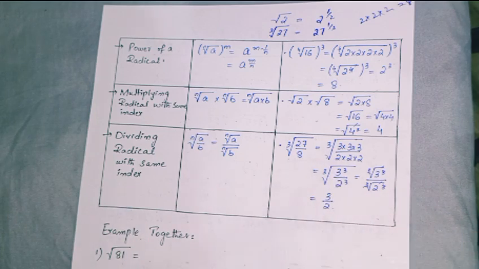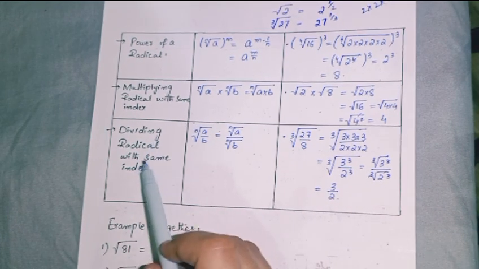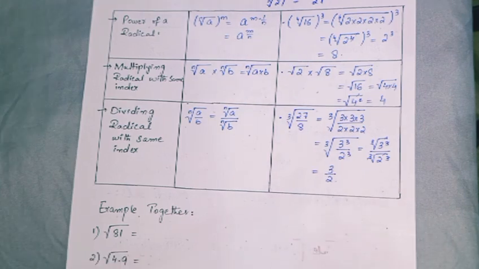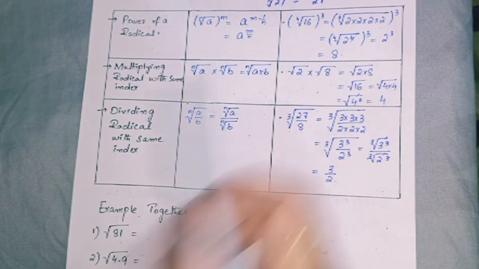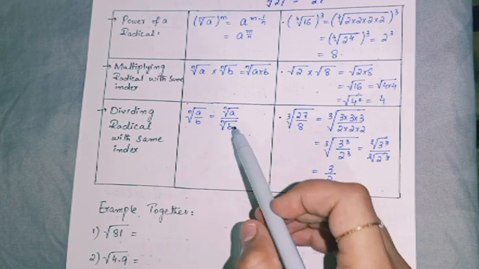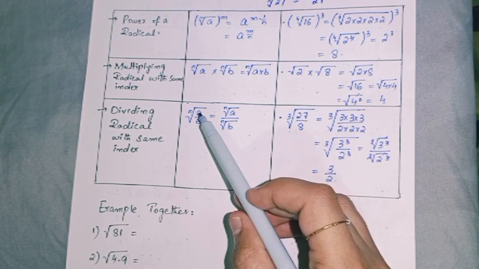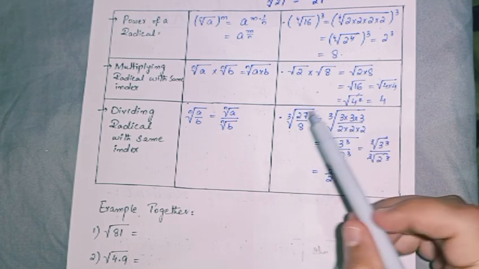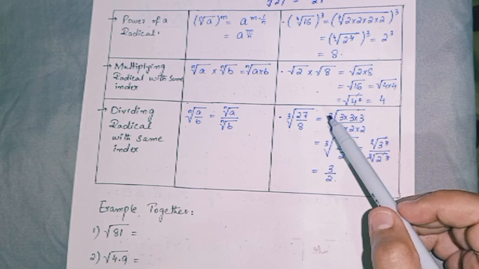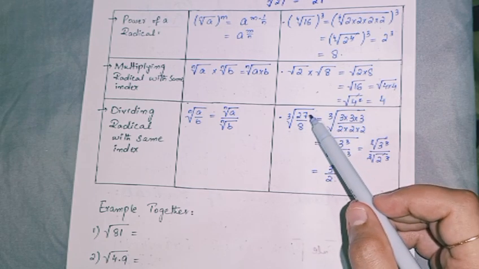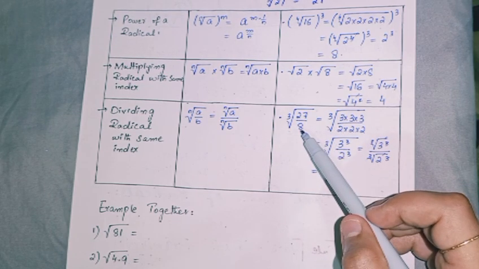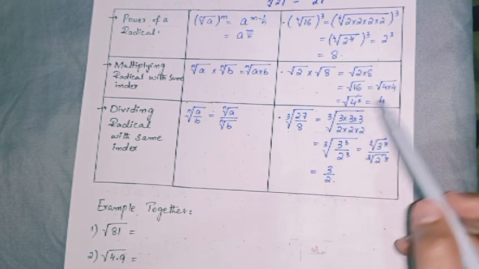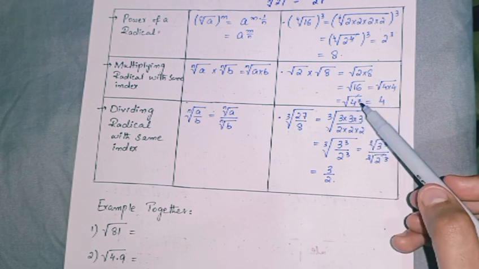Now looking at the last one, the last rule is dividing radicals with the same index. Now the radicals are different but the index is the same. Here we did the product, and now we are going to divide. So you can see the index is the same but the radical is different, so you take it as a separate form to further simplify it. In this example you can see it is a cube root, so the root is the same. Now you are going to separate this radical into the numerator and the denominator. Firstly, you take out the factors of 27. You can separate it first and then take out the factors, or you can take the factors out and then separate it.